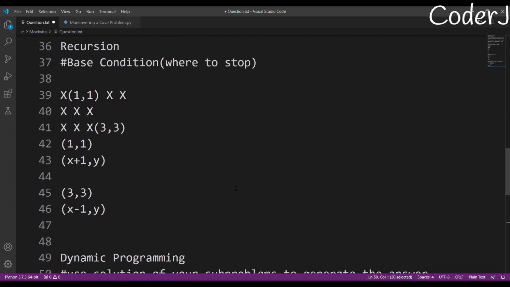You need to have a base condition, and you only need two things in a recursion. Firstly your base condition, where do you have to stop. And next, your recursive call, what logic to implement.